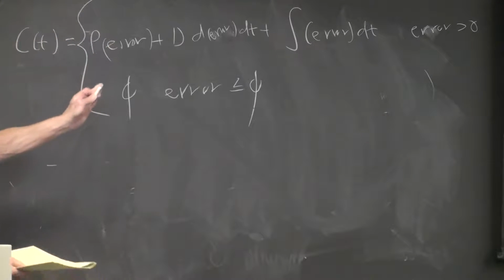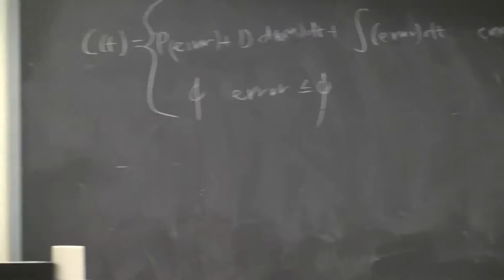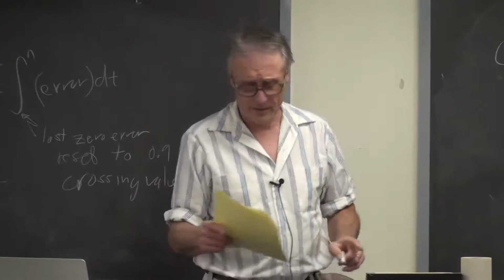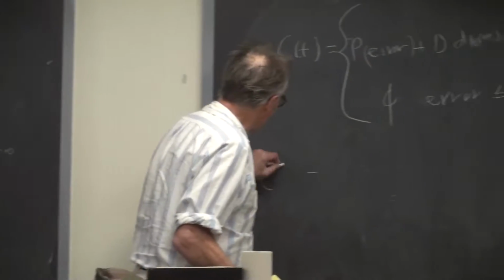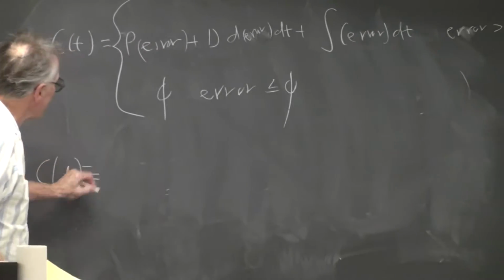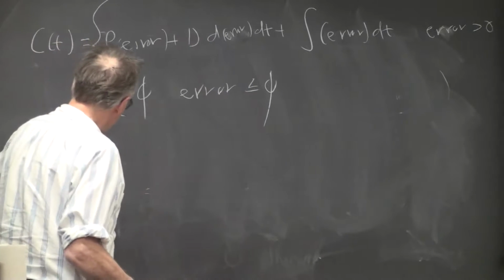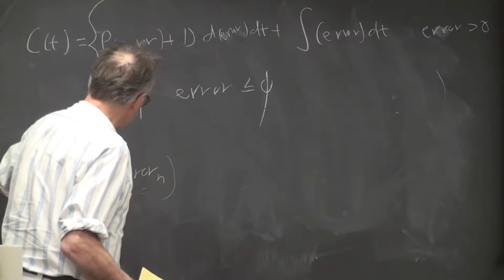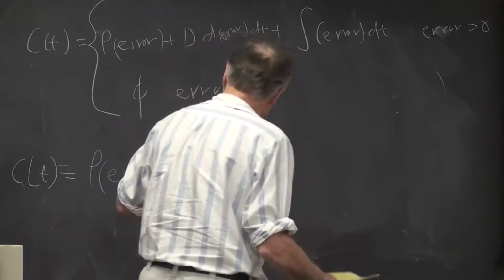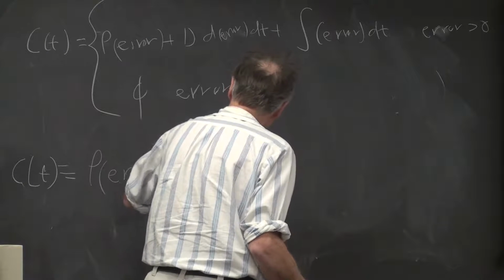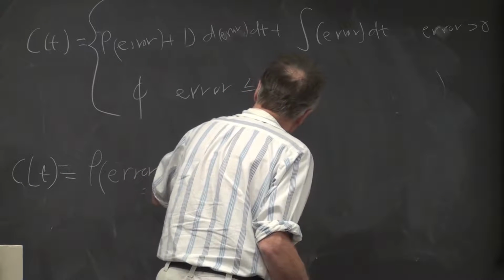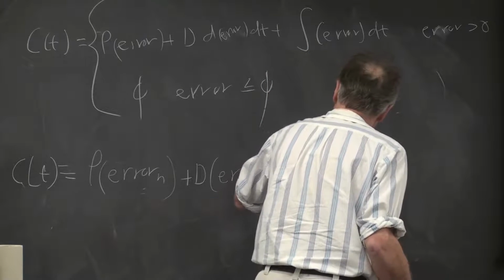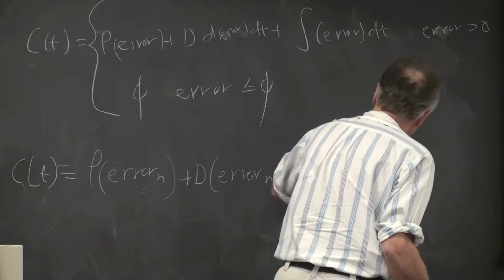So as long as the error is greater than 0, then what you are going to have to implement is something that looks like C of t is going to be given by P times the error at time n plus D times the error at n minus the error at n minus 1 over dt,